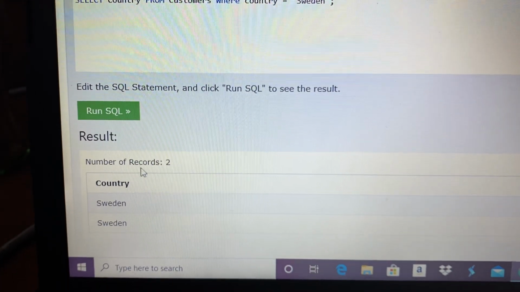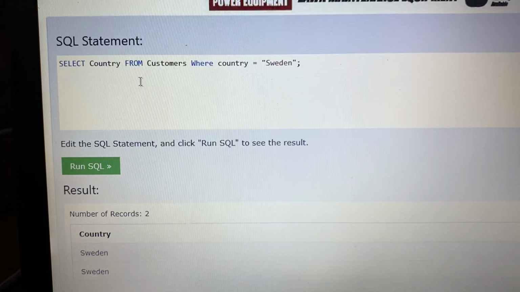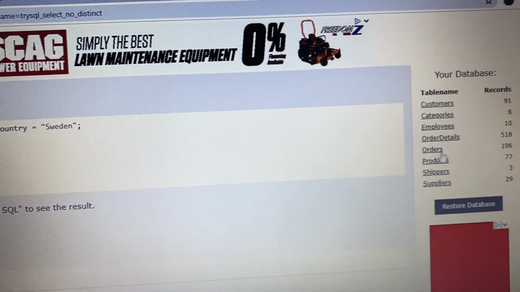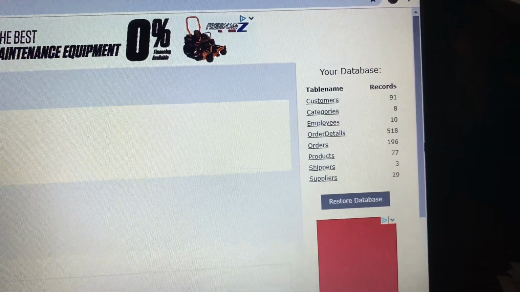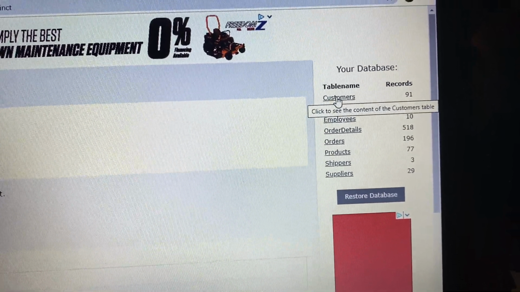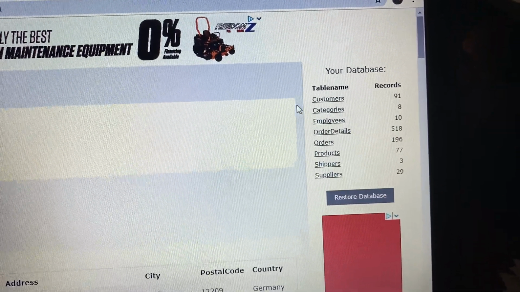And we got our results. Number of records was 2. Sweden and Sweden, because I only said, give me country. If we want to know what fields are available, we can come over here. This is our database. These are different tables. We were selecting from customers. So if I go into customers,